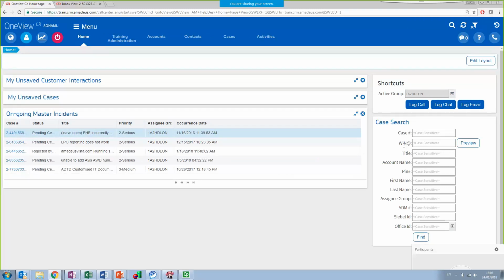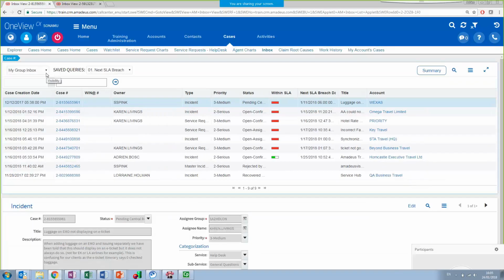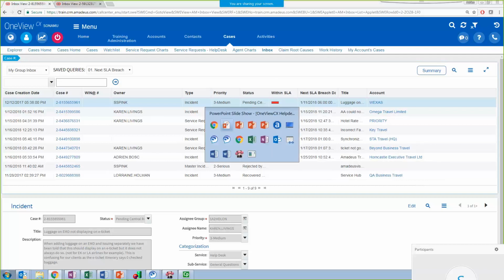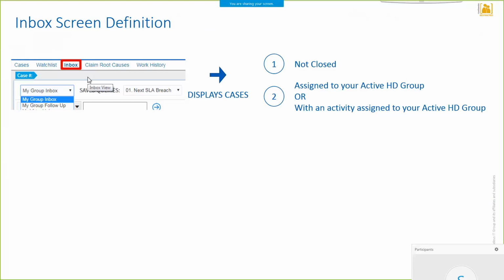So if I come back to the inbox, by default, I will have the cases open, so not closed, and assigned to my active group, which is currently 182HD London, or with an activity assigned to my active group, 182HD London. All right. This is the first step of the definition. So this is what you can expect to find in the inbox views.